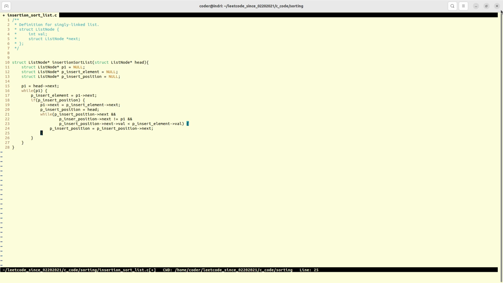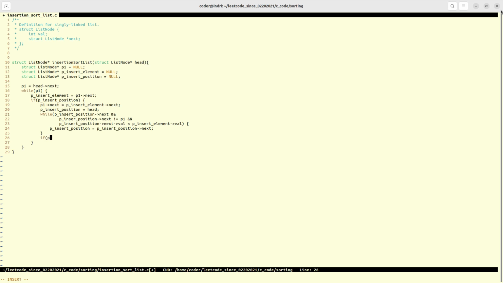While we found one, that means we found one, that means we just check